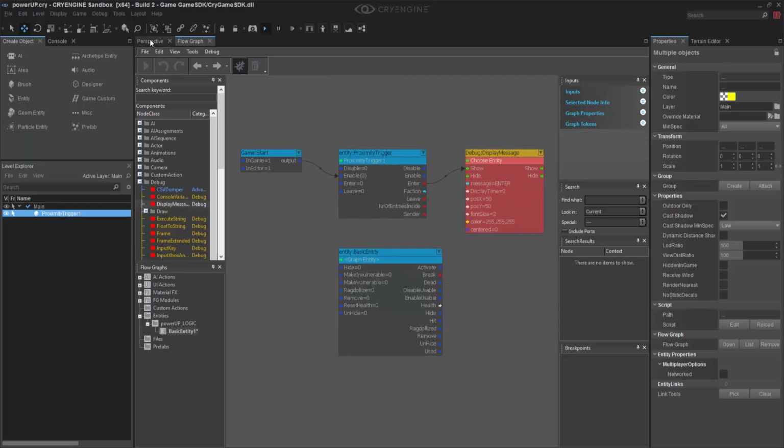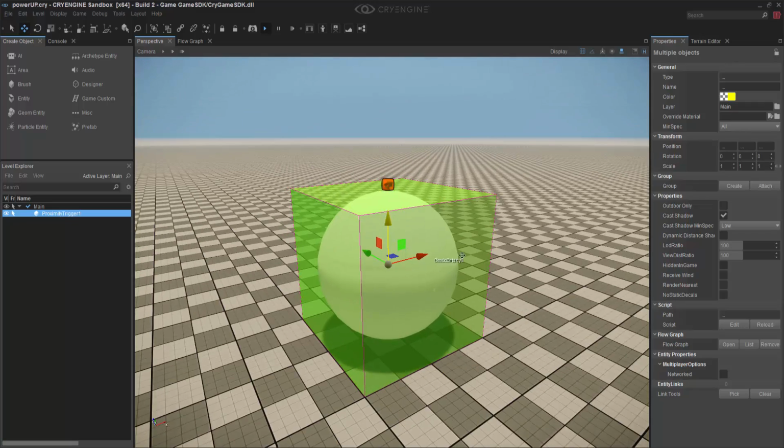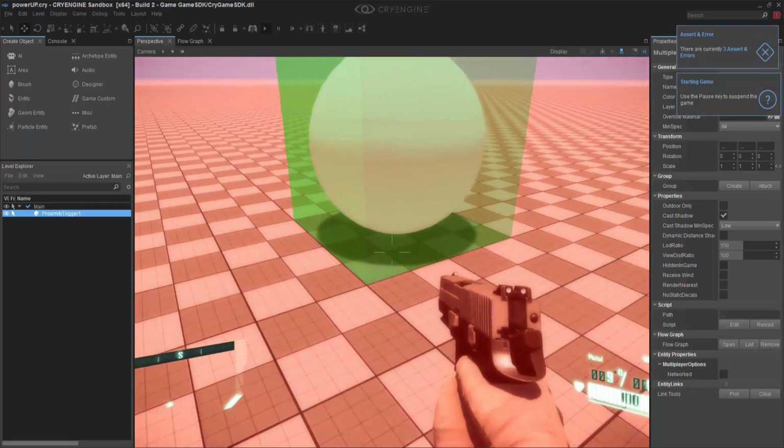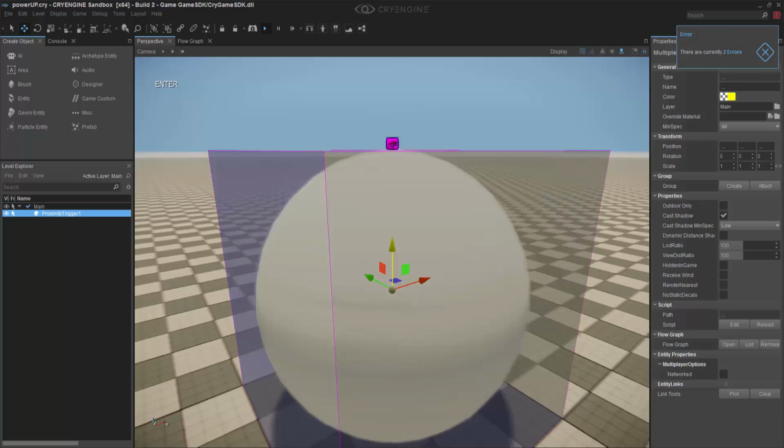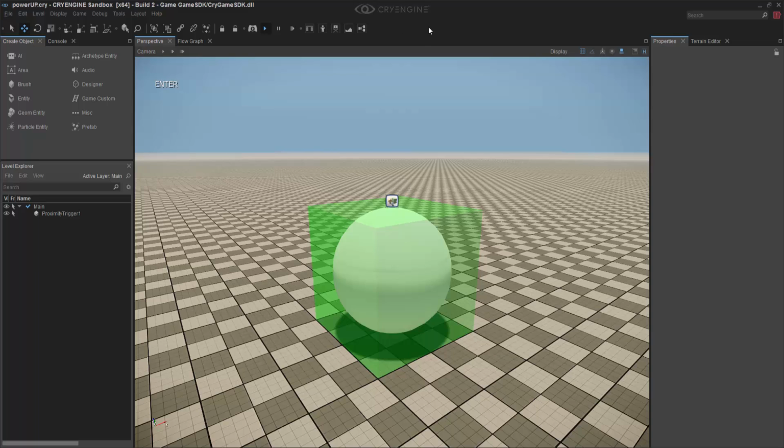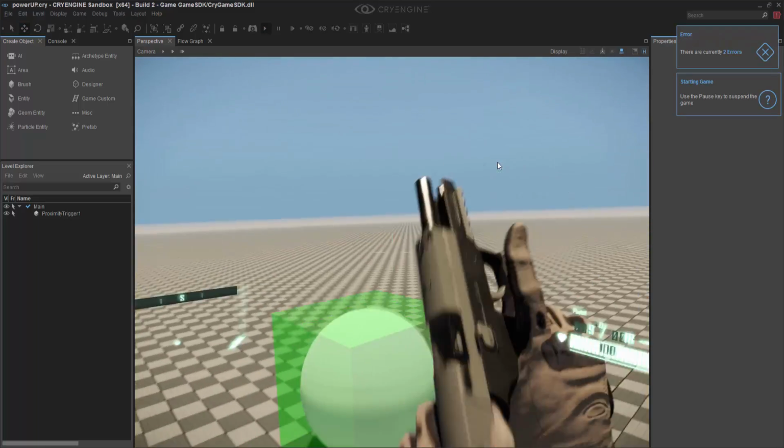So clicking the debug, we can go back in here. And let's go ahead and jump into our scene. And we can see in the top left that it says enter. I'm also going to come up to audio, and I'm going to turn it all off. So if I jump in,